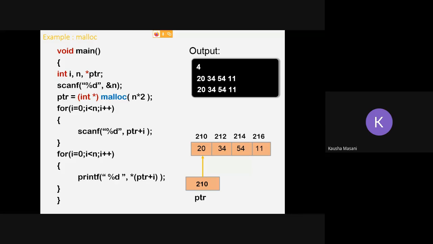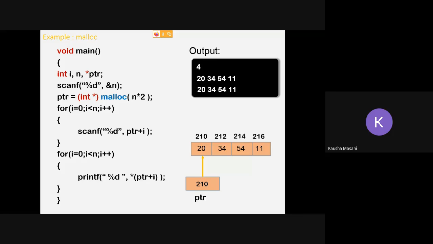Now you can say that, madam, we are in the modern compiler zone, so we can remove this n star 2 and go with n star 4. But then again, this program gets limited to modern compilers only. And we don't want any limitation. As far as we can resolve it, we don't want any limitations in our program. Being a good programmer, you should be able to build such a program which is able to run in all possible environments as far as it can go.